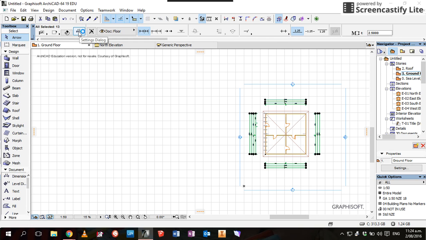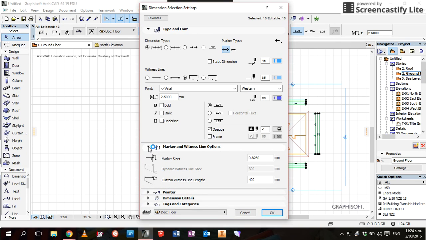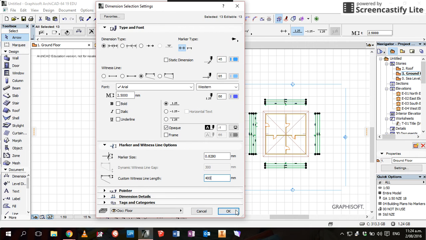I'll come here, which is where I'm going to change my settings. And I'll change that marker selection there to a big black arrow. And there's all sorts of other different elements I could change on my thing. I might go in here and I could make my custom witness line length. We'll leave it at 400 for the moment anyway. Then if I go OK,